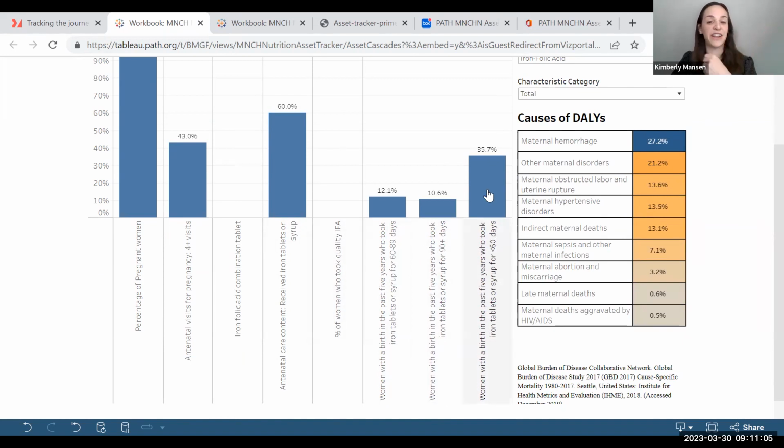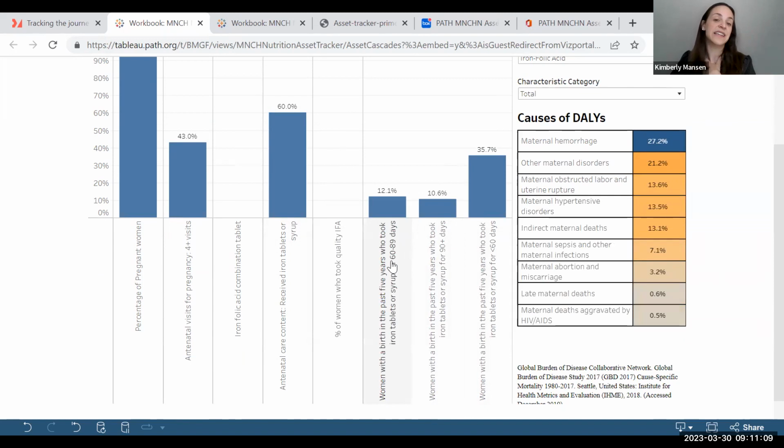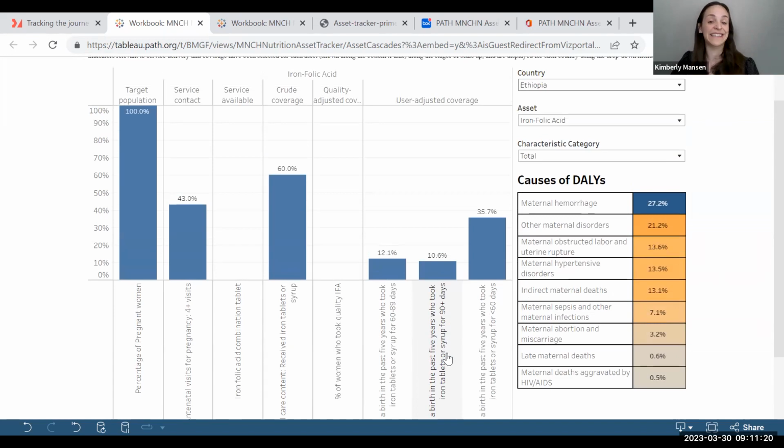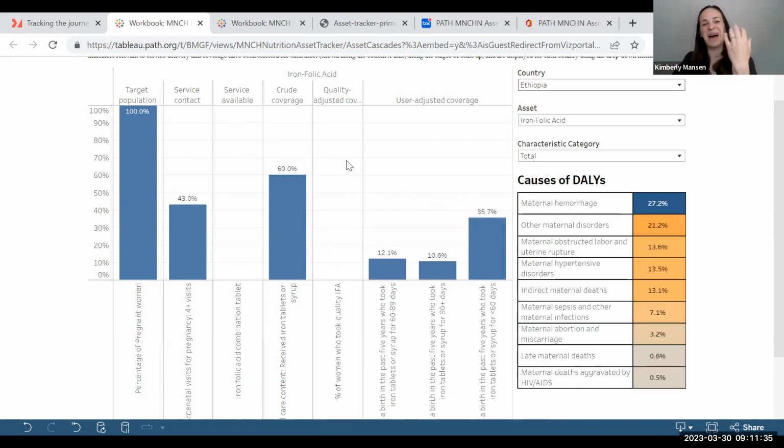And you can actually see that trend. So less than 60, just over 35%, 60 to 89, 12.1, and then that effective coverage, the greater than 90 days, is only at that 10%. What we want to see is effective coverage for the maximum total population. And so this cascade is a helpful view of throughout the actual scale up and actually ensuring effective coverage, we're losing that ability.